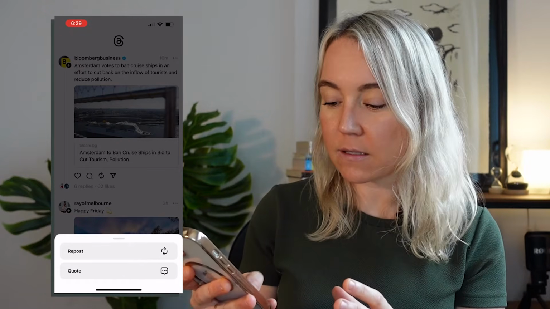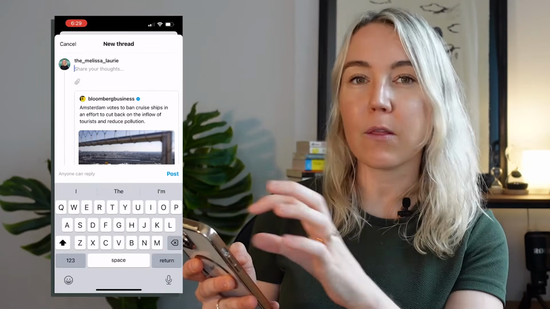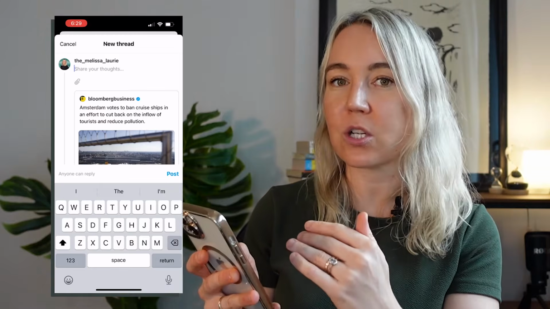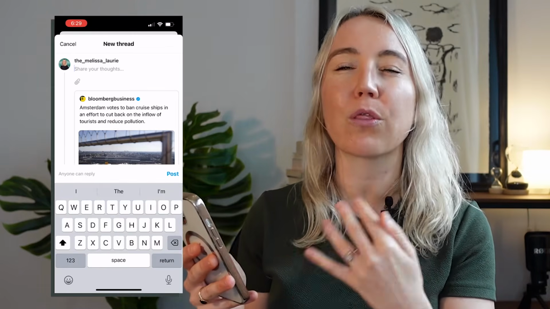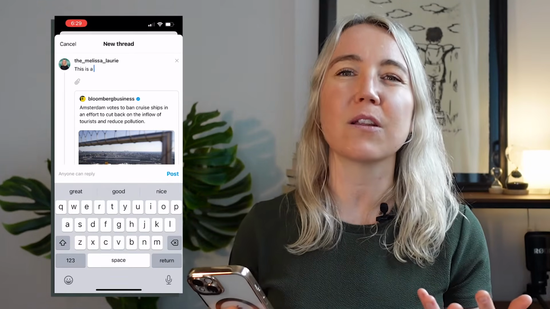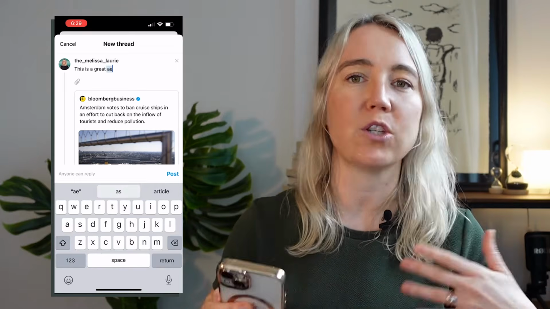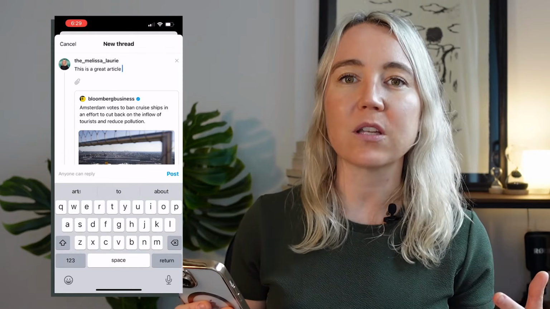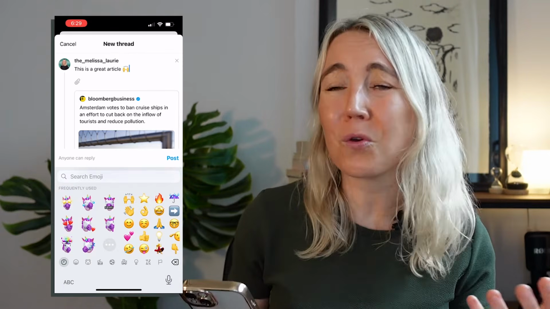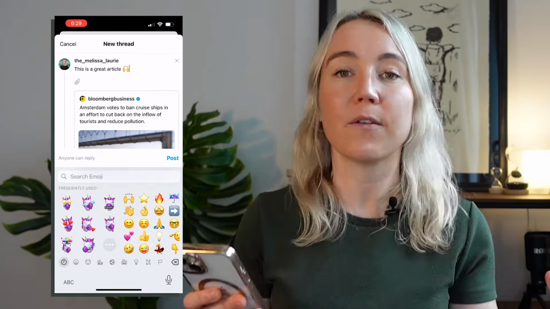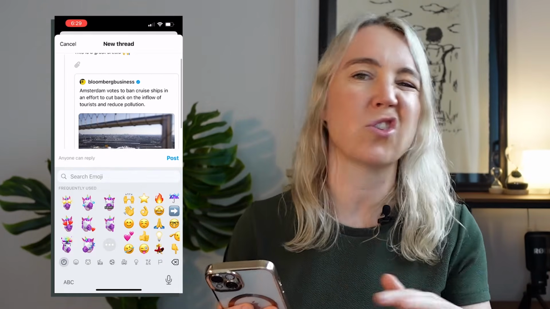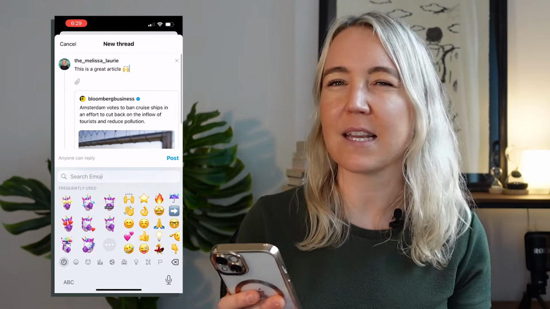And that means, if we do that now, see how the post is there, but then you can actually share your own thoughts on Threads. And I just think that is a little bit more engaging rather than resharing people's content. You can actually add your own point of view or emojis or whatever it is and add your touch to that Threads post. So something to keep in mind.